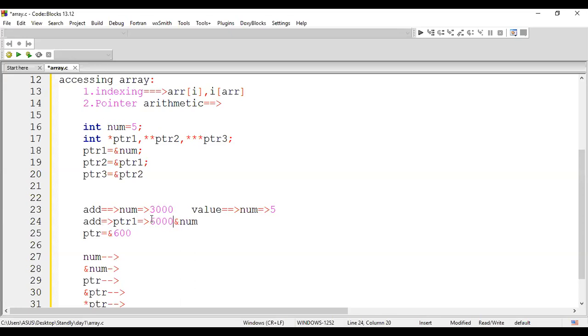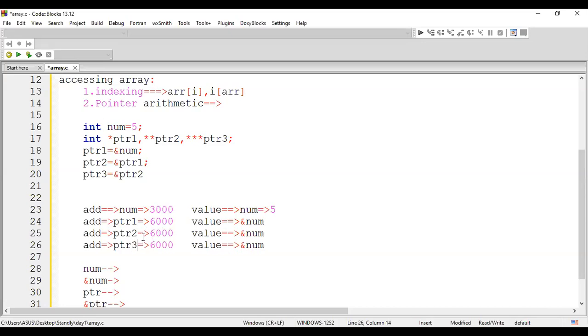Let me initialize the values so we can go further. PTR holds the address of number 1. The same way, let me copy and paste this for PTR1, PTR2 and PTR3.